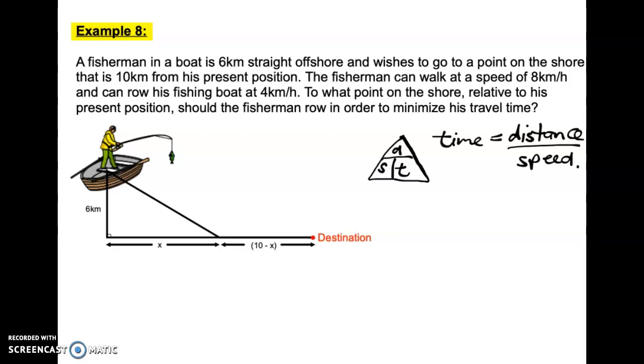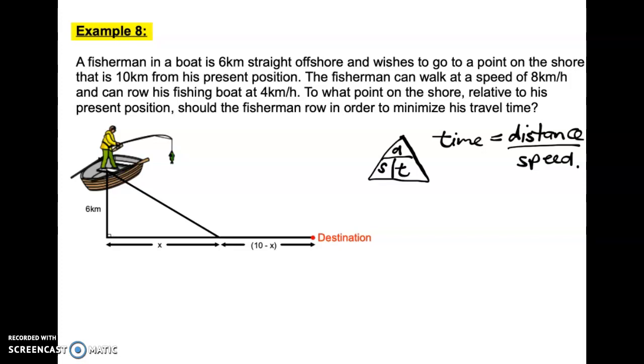Example 8. A fisherman in a boat is 6 kilometers straight offshore and wishes to go to a point on the shore that is 10 kilometers from his present location. The fisherman can walk at a speed of 8 kilometers per hour and row his fishing boat at a speed of 4 kilometers per hour. To what point on the shore, relative to his present position, should the fisherman row in order to maximize his